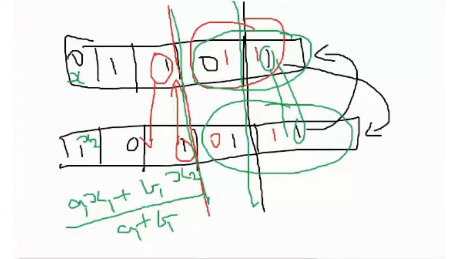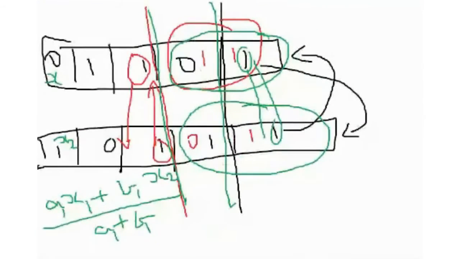Sir, one question is there. How are the crossover points chosen? How can I choose the particular point where the crossover will occur? Is it something like that? Yeah, randomly chosen. No human intervention is there.